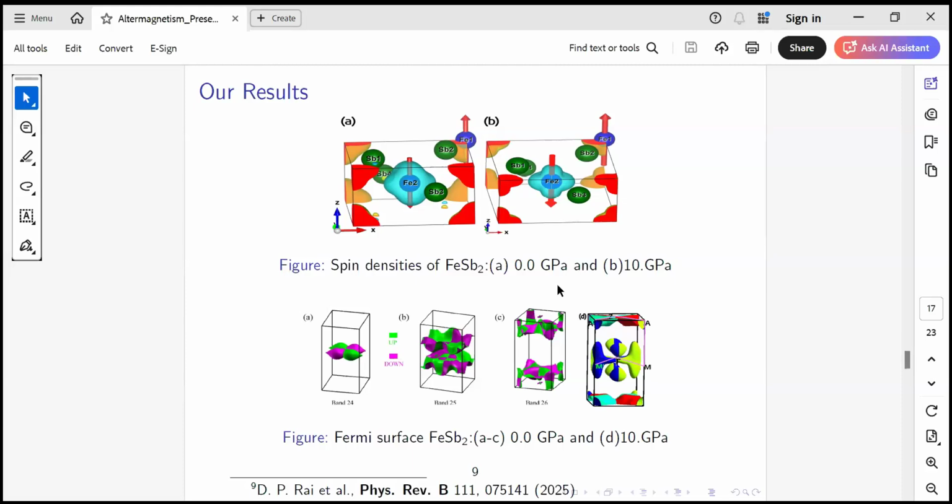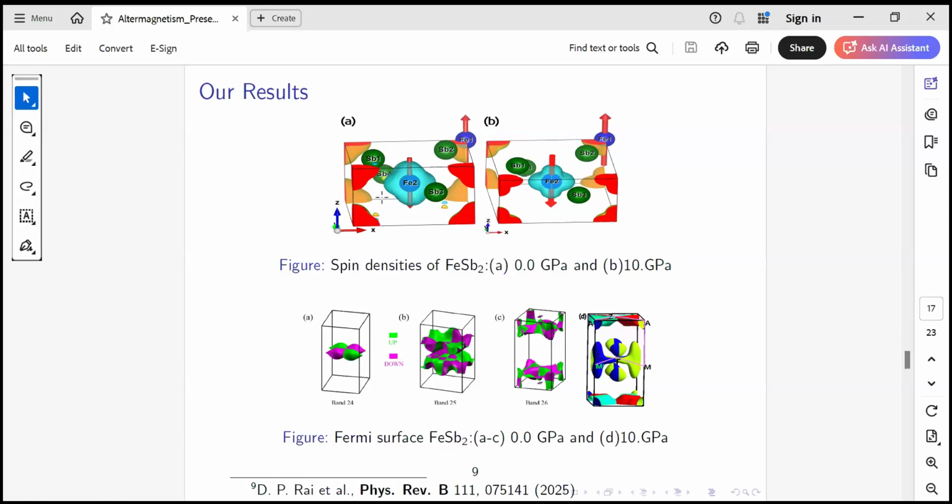Then we performed the DFT calculations. When we performed the DFT calculations, we found the spin splitting, and this is the spin density that we calculated for different pressures, at 0 pressure and 10 GPa pressure.